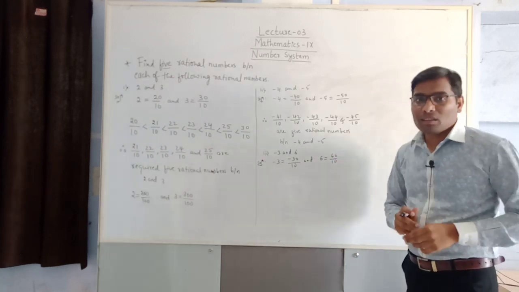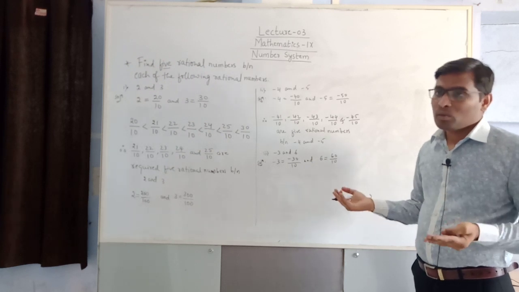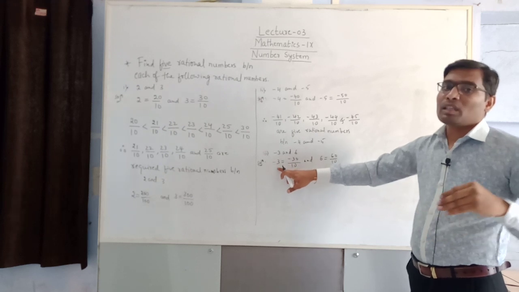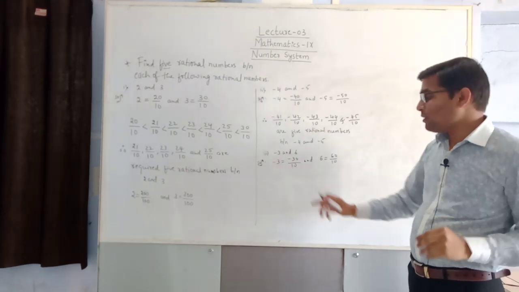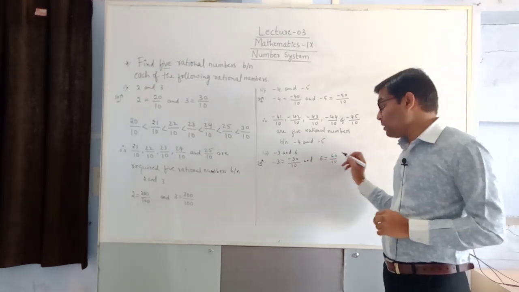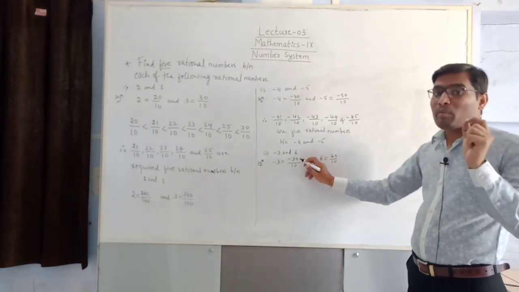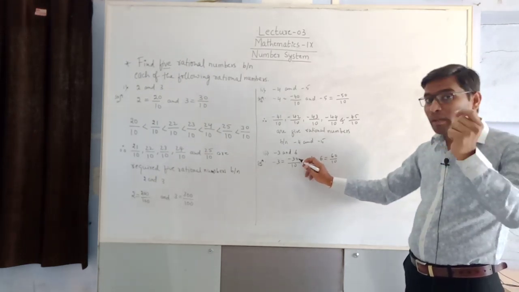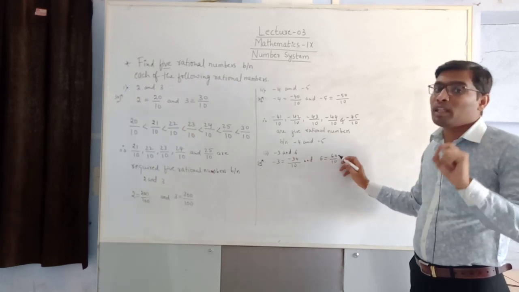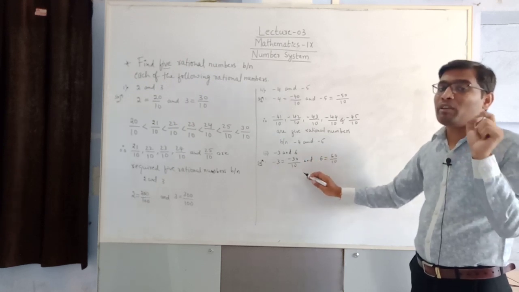It is not compulsory that we need to take the denominator only as 10. We can take any number, such that after dividing numerator and denominator you get the required given number again. Now look here, -30 and positive 60. There are many numbers. In the negative side we have -1 up to -29, so 29 numbers, and 0. Here we have positive 59 numbers. Total we have 89 numbers.